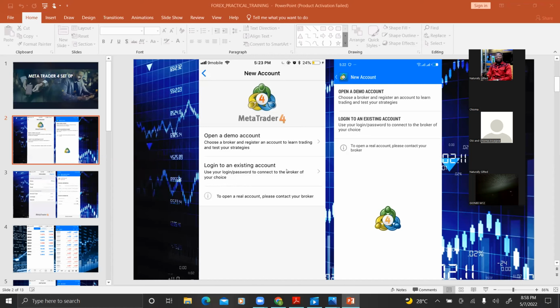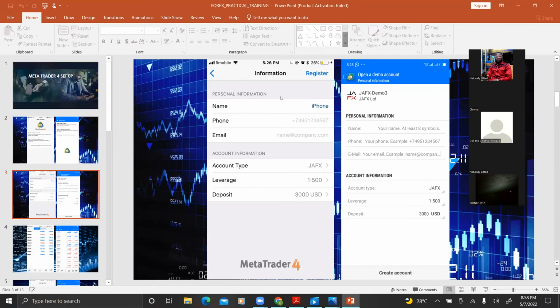Okay, so go ahead and type in Ugosway and then fill in the information. You have an interface like this. Just put in your name, your phone number, your email address, account type, leverage. Put in $3,000, ladies and gentlemen. I believe that's the minimum. Bring it down to the minimum, $3,000, and put the leverage at 1:500, as you can see on the screen right now. The name, the phone number, the email address, the account type, that's Ugosway, the leverage 1:500,